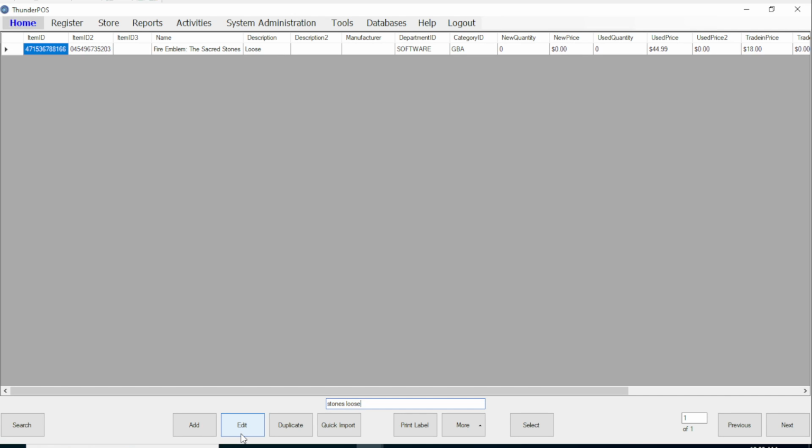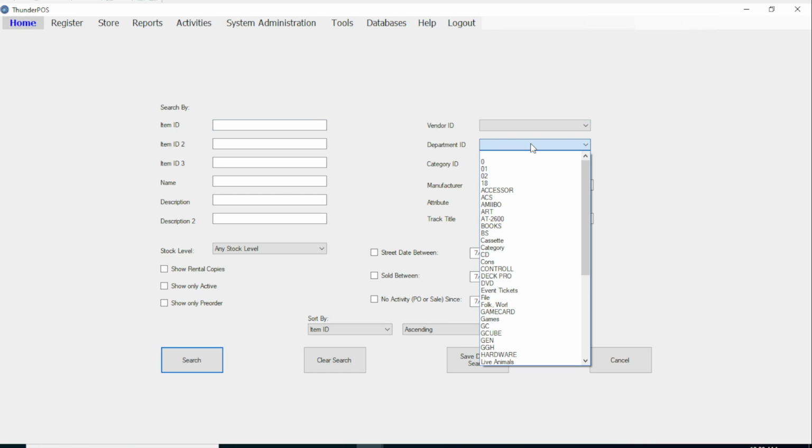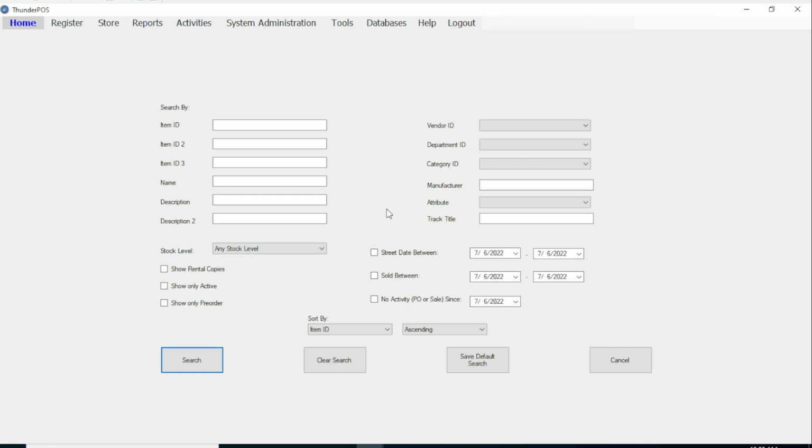Another way to search, if you're looking for something more specifically, you just go to search in the bottom left, and this is the advanced search. And you can search based on a number of different things here, but you're going to search based on specific fields. So you can specifically look for things with a title or a description rather than searching both. Additionally, you can select your vendor, department, category. If you leave them blank, it won't search by those. You can search for items with a particular attribute if you're using the item options feature. You can search for items with particular track titles,